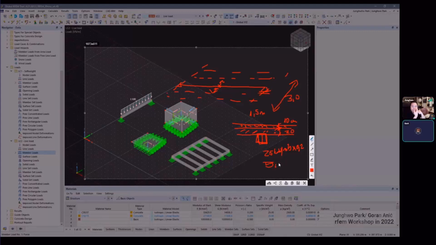Yes, it will be 5 kilonewton per square meter, and we will multiply it by 1.5 meter, and we will get 7.5 kilonewton per meter length. So that means if we take the weight of this slab, this will be 7.5 kilonewton per meter on this beam,